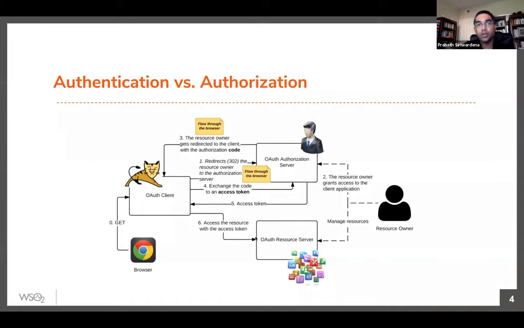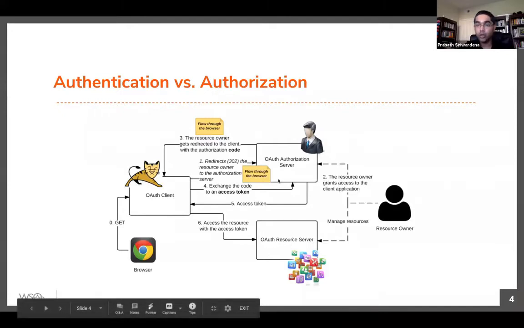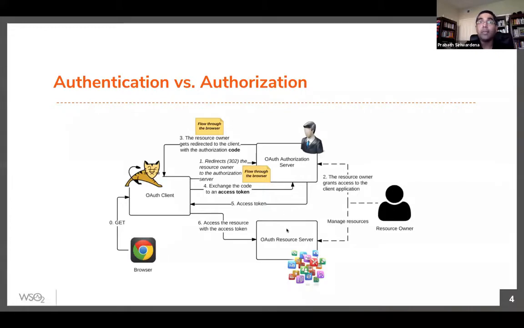Then you pass that access token. That's the delegated authorization part, right? The client accessing a resource on behalf of the resource owner, but the client doesn't need to know who the user is. Now the token comes to the resource server. The resource server gets the access token. Now, based on the type of the access token, whether it is self-contained or a reference token. If it's a reference token, the resource server can talk to the issuer and find out the metadata related to that particular token, and then figure out who the client is and who the user is. That includes a sort of authentication part at the resource server. The resource server will identify who the client is and who the end user, or the resource owner, is.